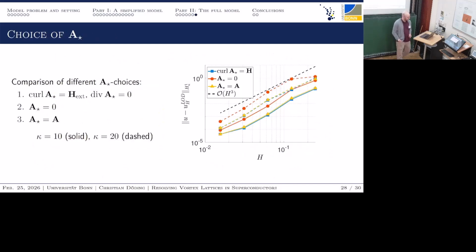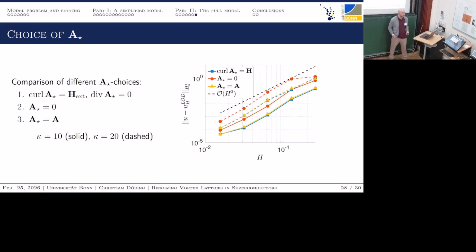Last minute, I tell you something about the choice of the A star. Practically we chose the first option here, but you can also choose just A star to be 0, which is the second one here, and we compared it to the optimal choice of the actual minimizing A. We did an experiment here for these two values of kappa again. One is dashed and one is solid. You see the red curve, which corresponds to A star equal to 0, performs a little bit worse, but it still has the optimal order of convergence. So we still have third order of convergence in H,